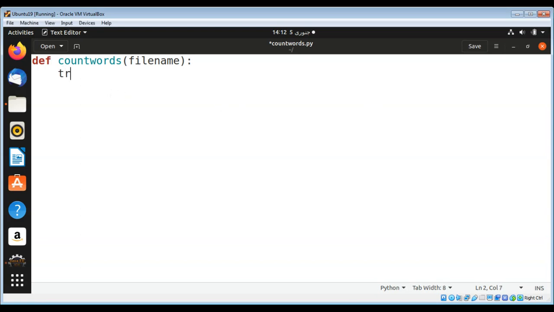And then we'll have a try, an exception block to catch the exception if it is thrown. And then we'll use with open to open a file and our file name and encoding that will be UTF